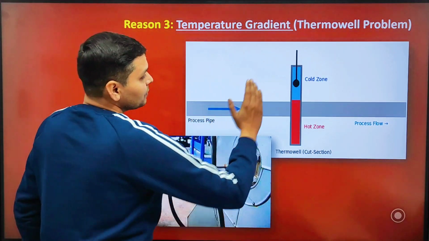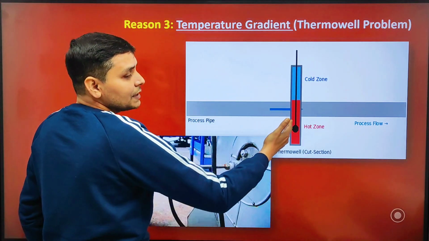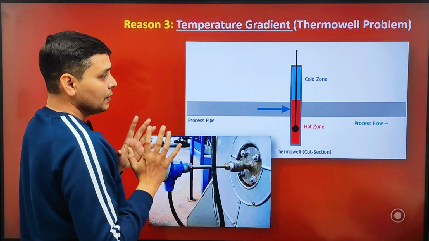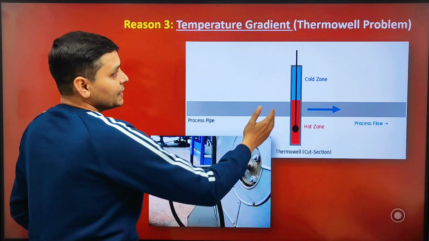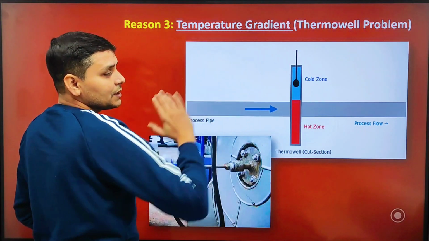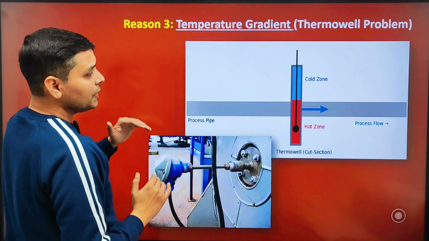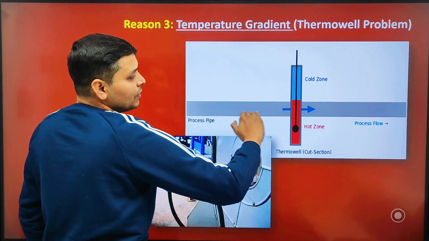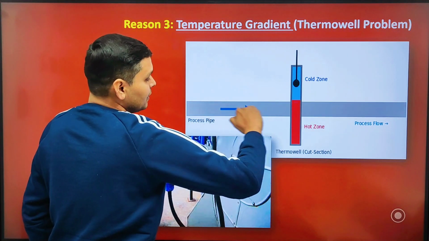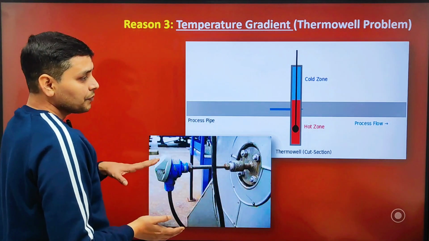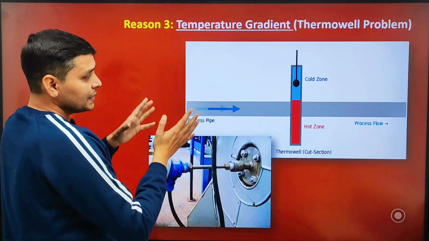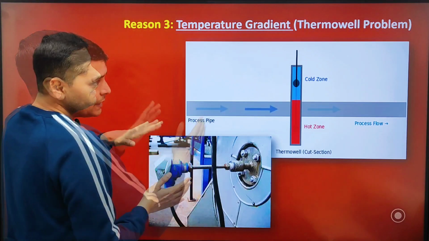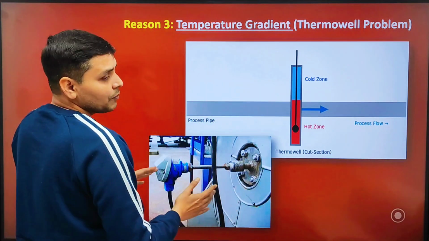If the RTD is not properly inserted in the thermowell, there may be this type of problem. So remember that the RTD must be properly inserted in the thermowell. According to the rule, it should be at the center of the fluid that is flowing through the pipeline. So in that case, the RTD or thermocouple will measure the proper temperature and this signal will be used for proper